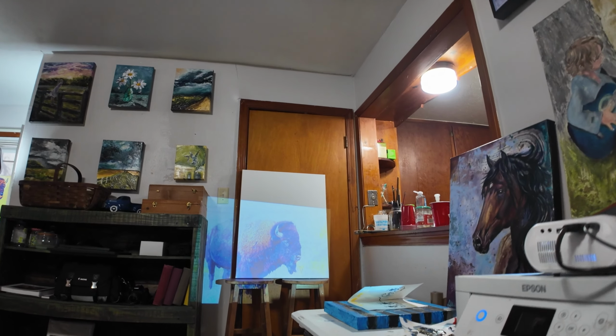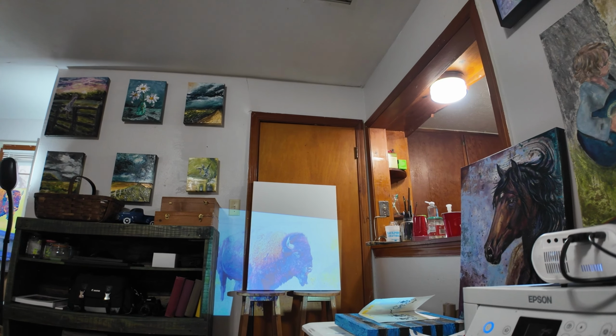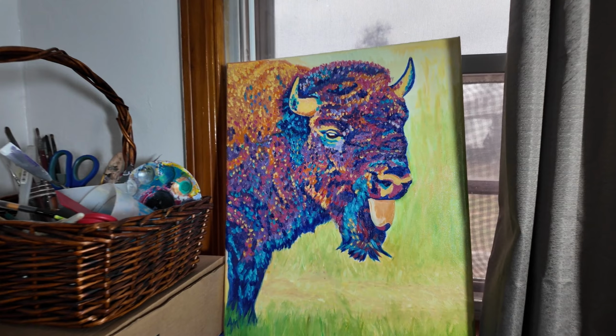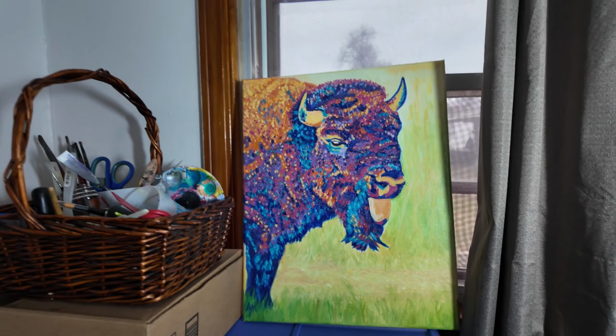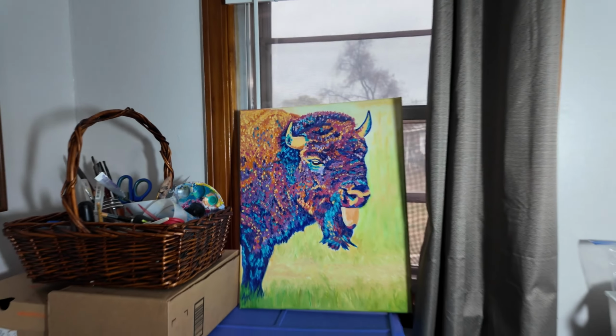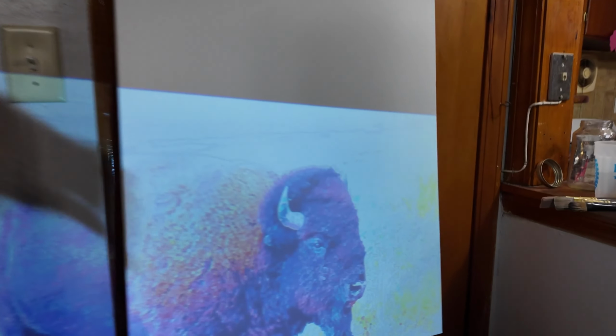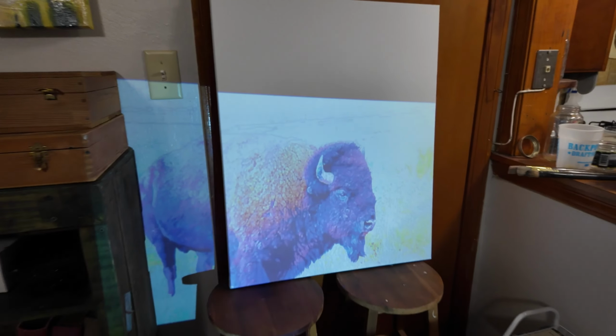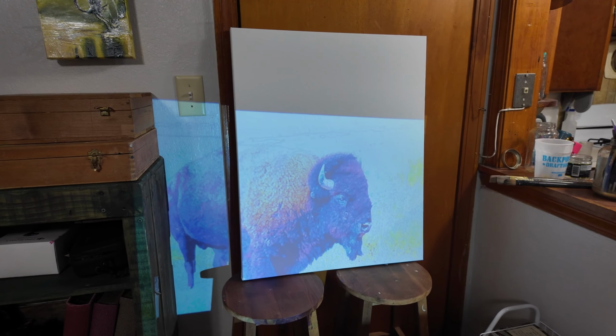So another reason I want to project it is because I do want to play around with where the bison is on this canvas. So I really like this orientation, although I do want this to be more this way or more that way. I'm not sure, but I'm going to play around with this so that I like the orientation, or I like the composition better. That's the word I'm looking for, composition. I need the composition to be just right, and this will give me a clear idea of what it's going